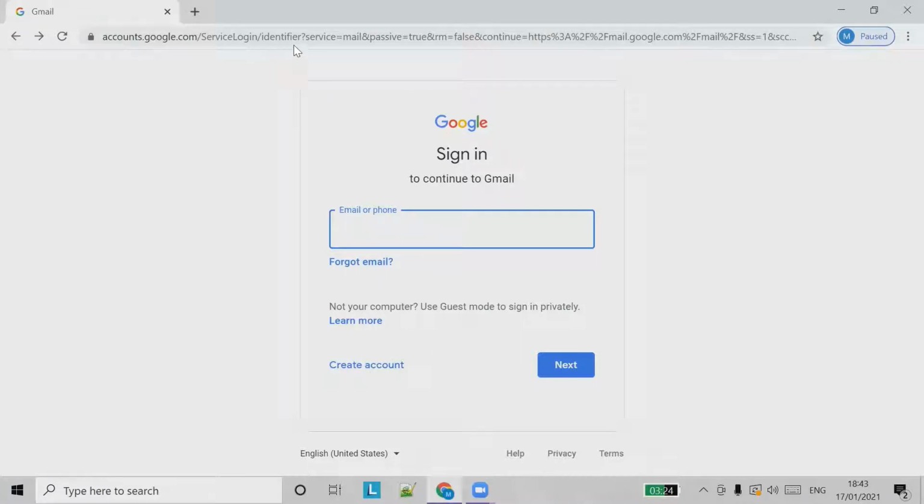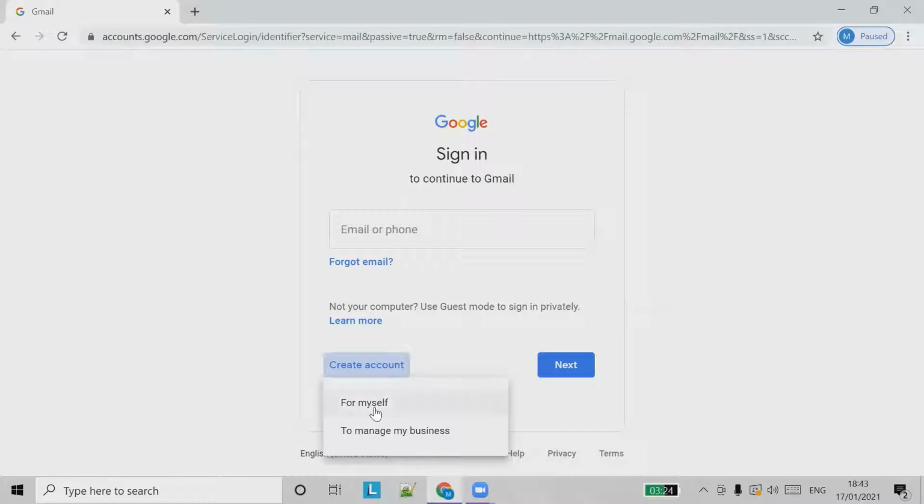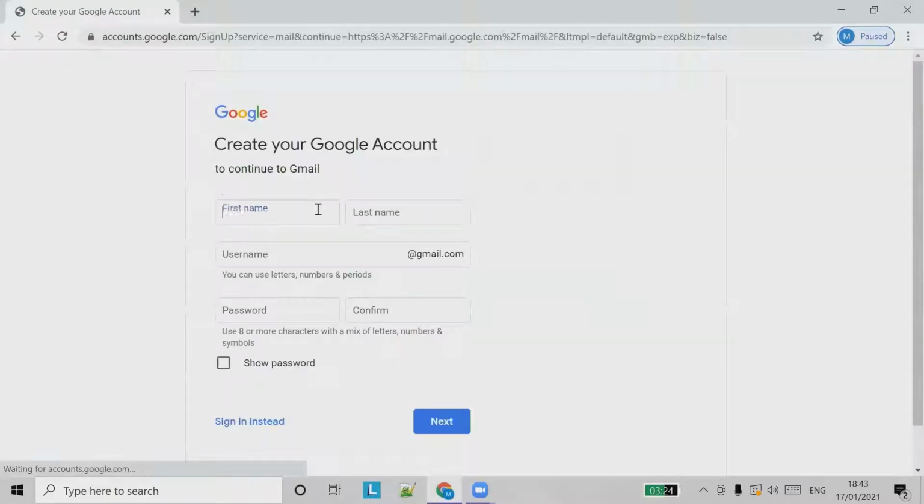So you go to gmail.com, and you see an option called create account. So click create account. You have to choose for myself or to manage my business. So we will do it for ourselves. We're not beginning a business, so we'll do it for myself. You select this option, and